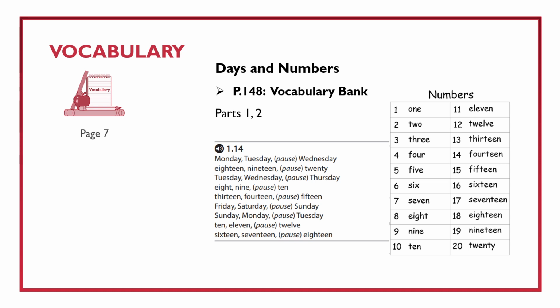You can also say O instead of 0. So instead of 794-019, you can say 794-019. Both are correct. Now, if you go back to page 7, section vocabulary, part C, we have track 1.14,